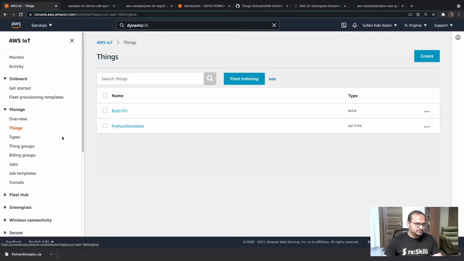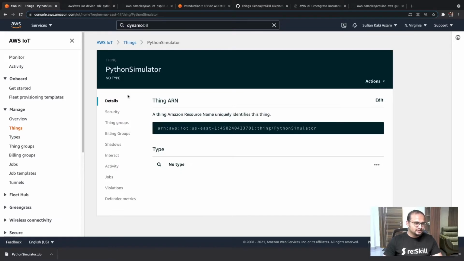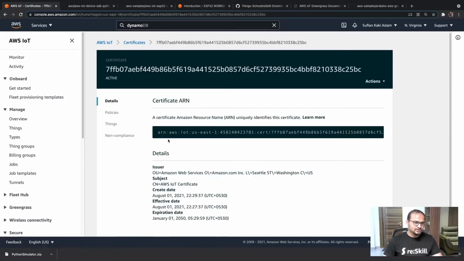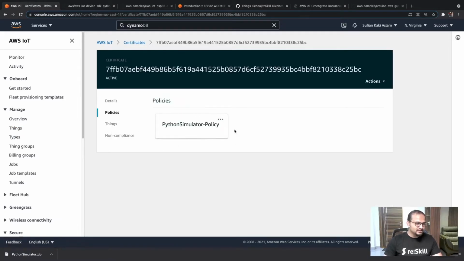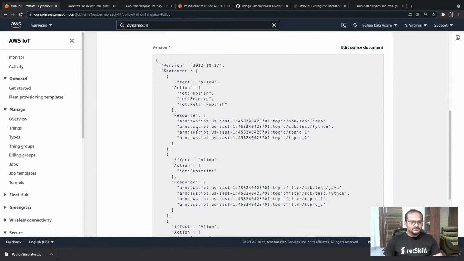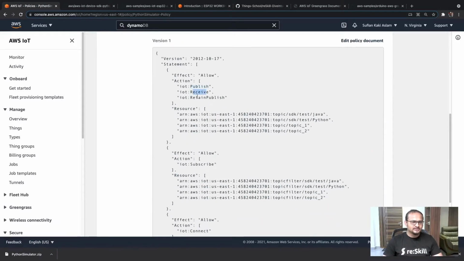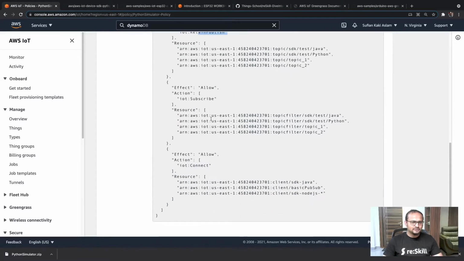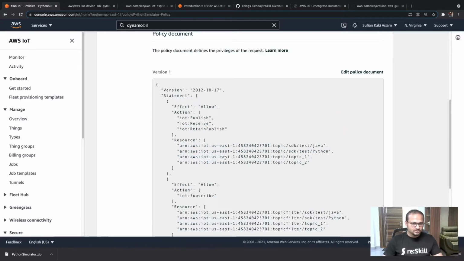what it has done. So in the things, you can see that a new thing has been created called Python simulator. And this one will have one new certificate which will have its own policy that the get started steps has created. So that's why you see Python simulator policy here. And when you click on that, it will have the policy that says it can publish, it can receive, it can retain the published value, it can subscribe to these topics, it can connect as these three clients. Basically, it has already created a template of that, irrespective of which SDK did we choose, Java or Python or